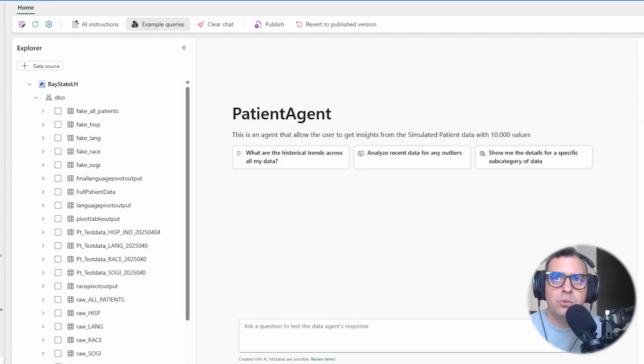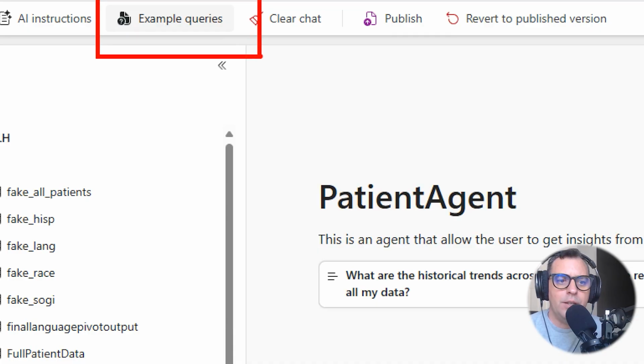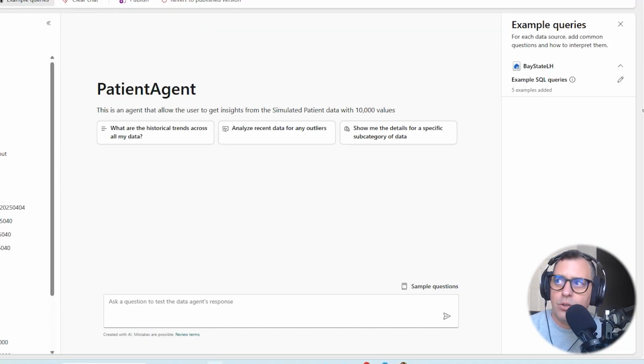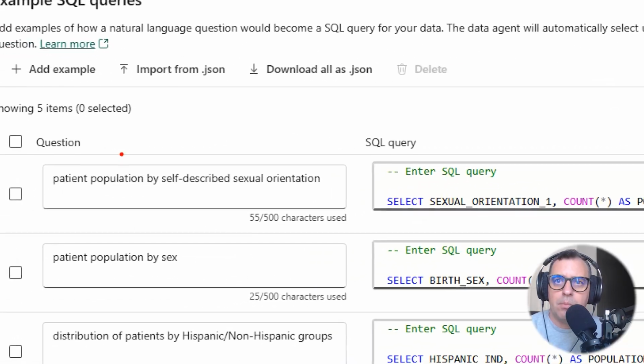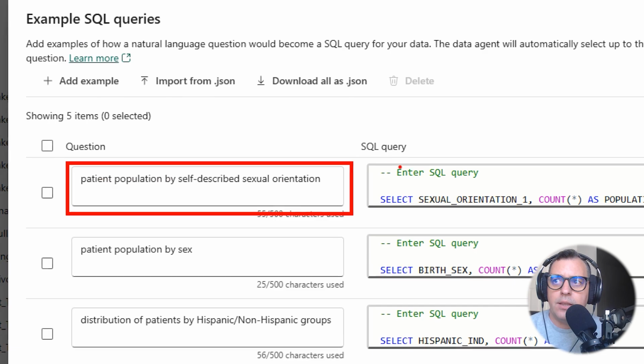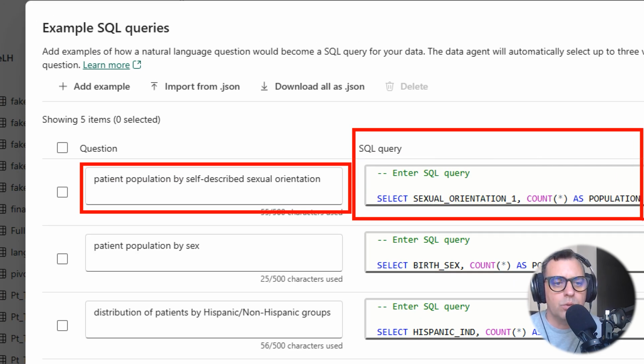You also have the option to check on this one, which is example queries to train your data agent. And in the right corner here, you can check that I can edit this option and give, for example, one question and the SQL query that allows you to answer that question. So you can start training your data agent on top of that data. In my case, I bring one of the tables of my lakehouse, and on top of that data, I train the model saying, hey, here we have some of the questions that we might be asking from the business perspective, and those are the SQL queries.